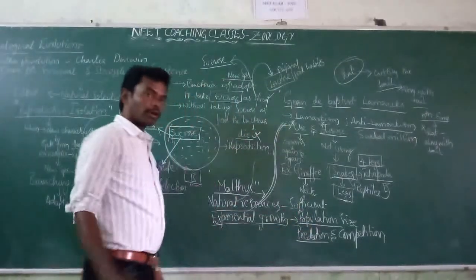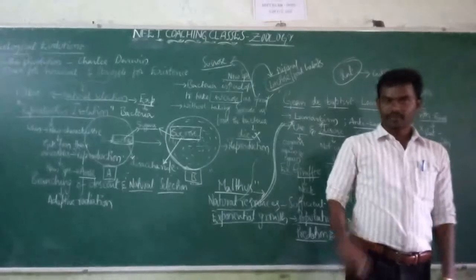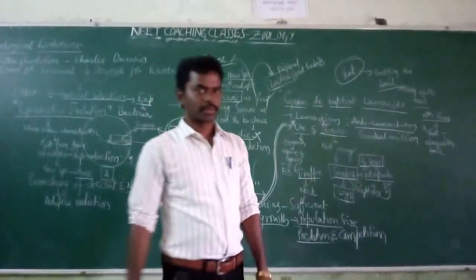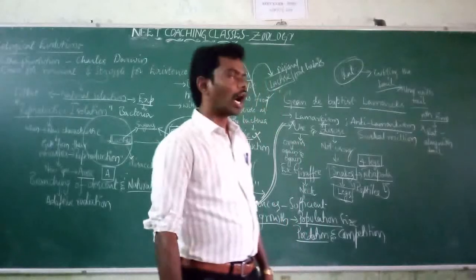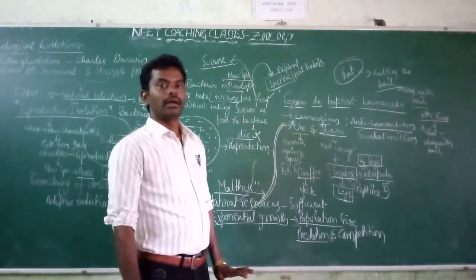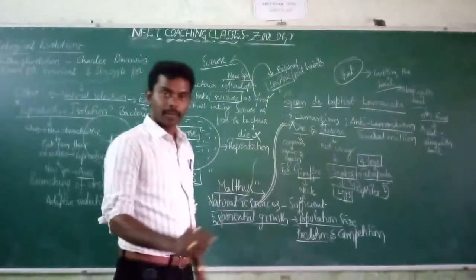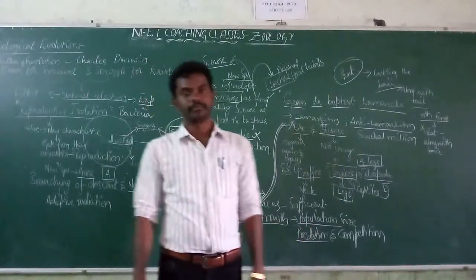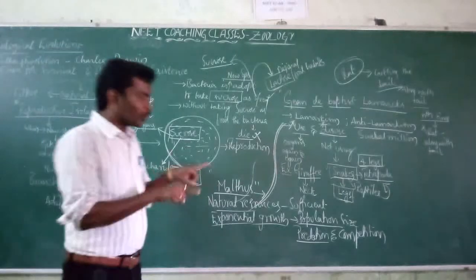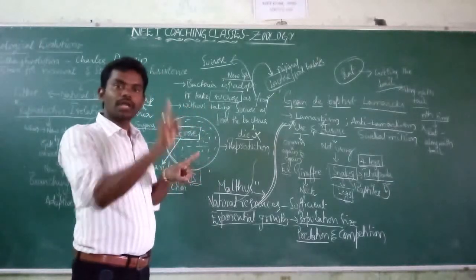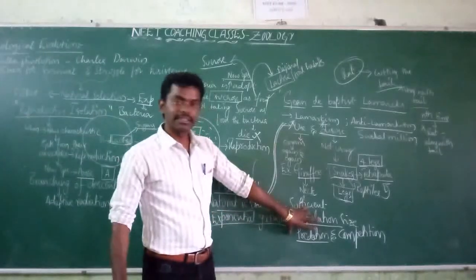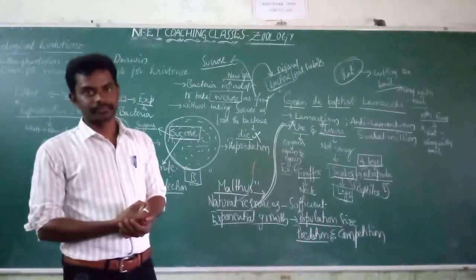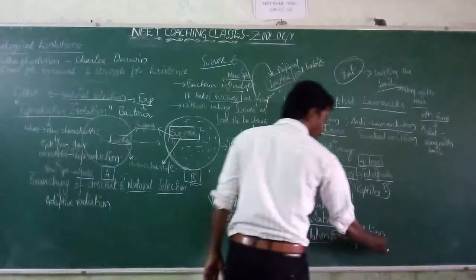Predation means one organism completely depends upon another organism. For example, in a forest, the deer are herbivores, but rabbits, fox, and others prey on them. In such a condition, the population growth of the deer is regulated. The population size of the deer cannot increase. That is predation. And if you take competition,